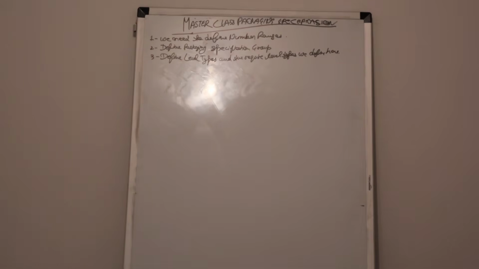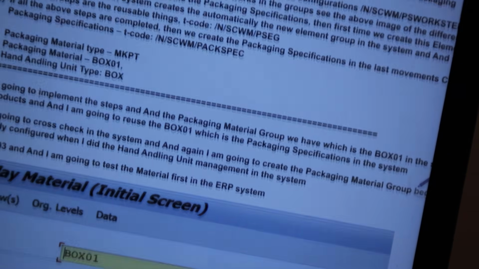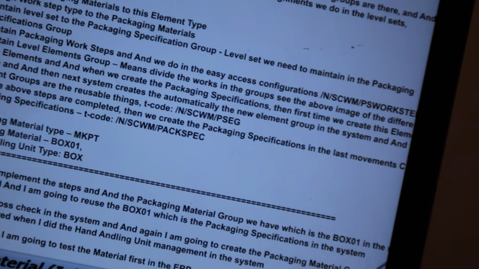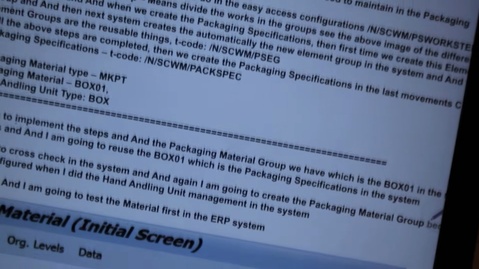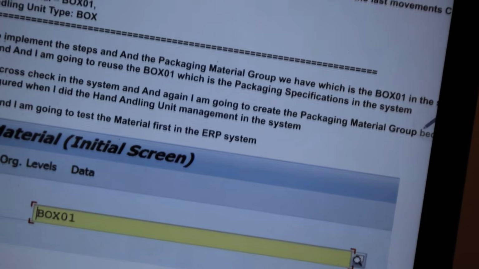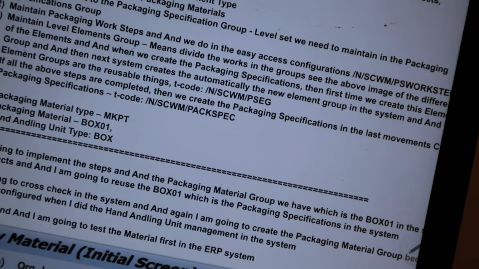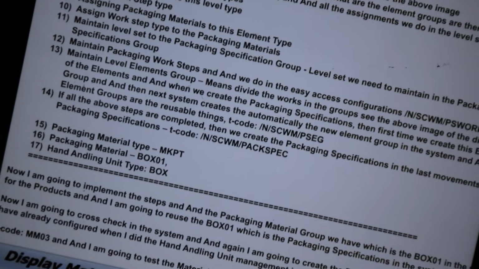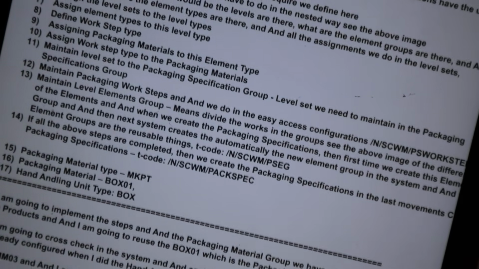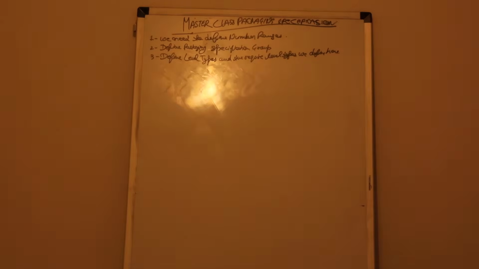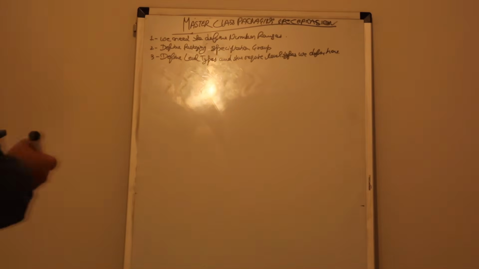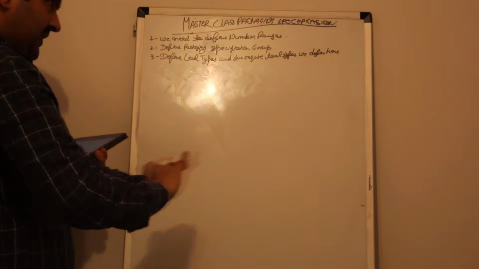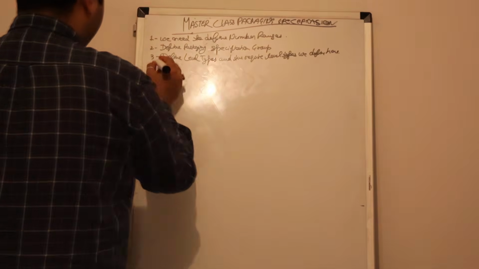So if you see here, guys, my books I develop in the way of line by line explanations, okay, with a screenshot from the testing system SAP, and each and everything I explain line by line, configuration steps with the design. So that will be helpful to everyone to understand, go step by step, and they will understand. Fourth point,